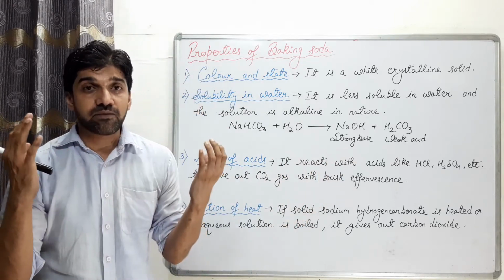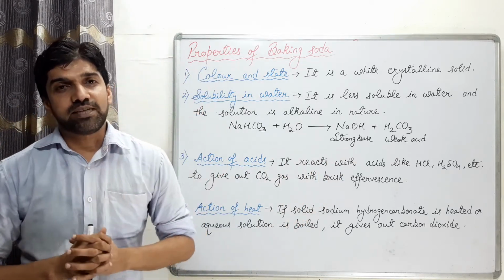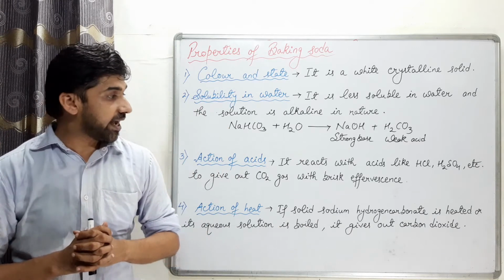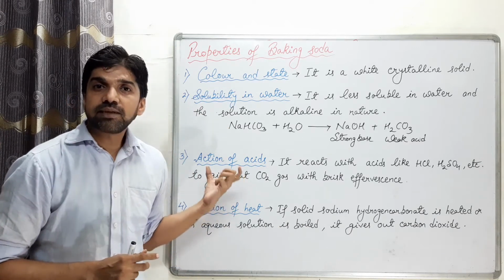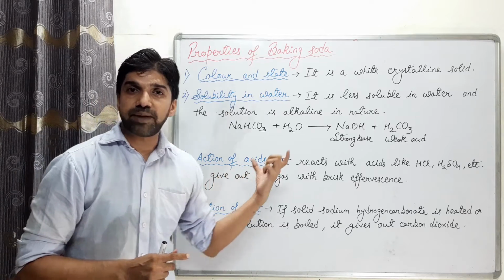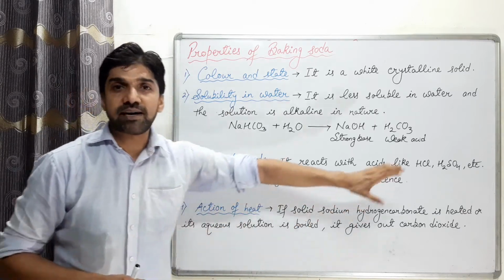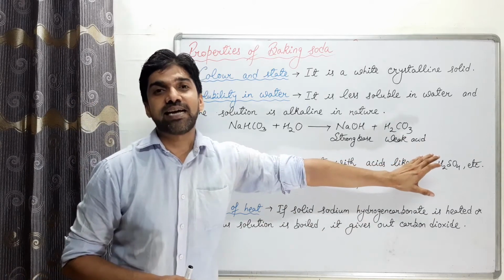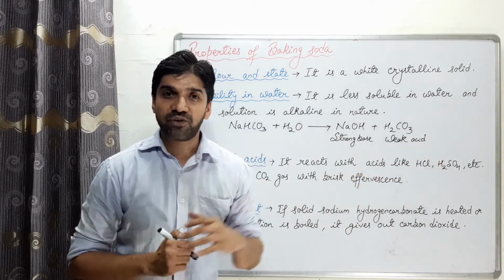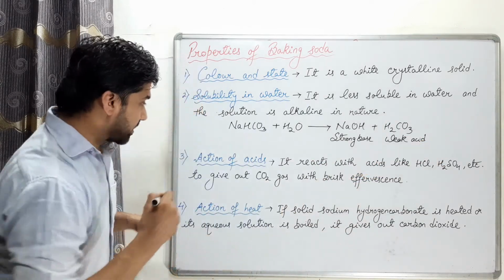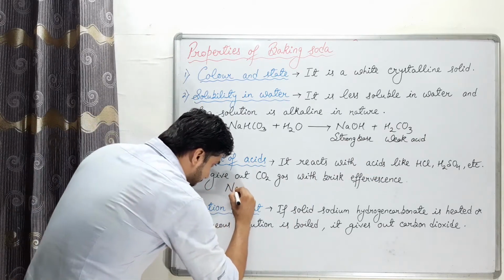Evolution of gas in the form of bubbles is called brisk effervescence. So we have formation of which gas? Carbon dioxide gas with brisk effervescence when we add sodium bicarbonate to mineral acids such as hydrochloric acid, sulfuric acid and so on. For example, sodium bicarbonate